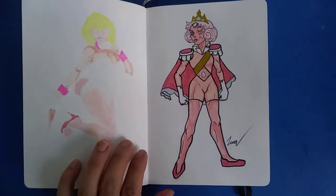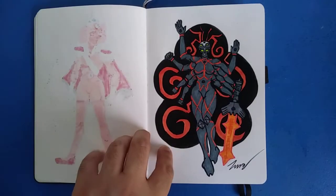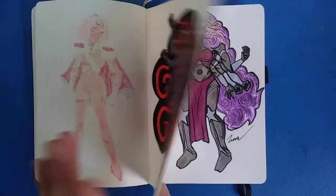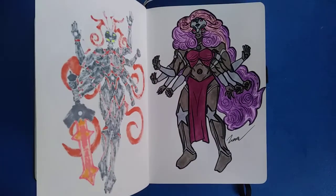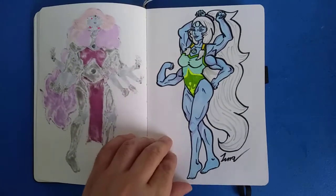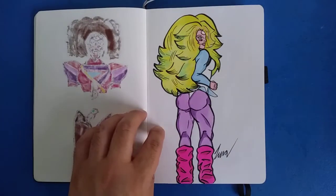Mega Pearl fan art from Steven Universe. I just kind of went through a phase where I was doing my favorite fusions from Steven Universe. Here's Obsidian, my version of the Temple Obsidian with rose quartz / pink diamond. Here's Opal, Garnet, Rainbow Quartz,